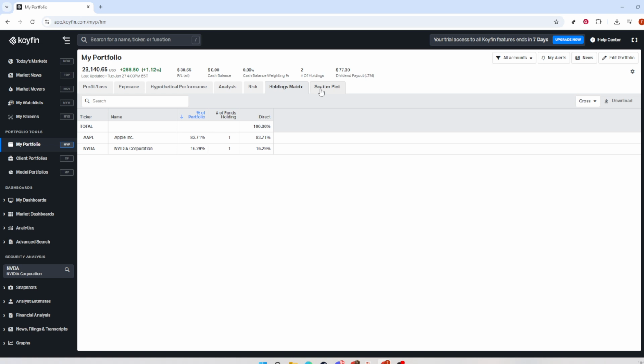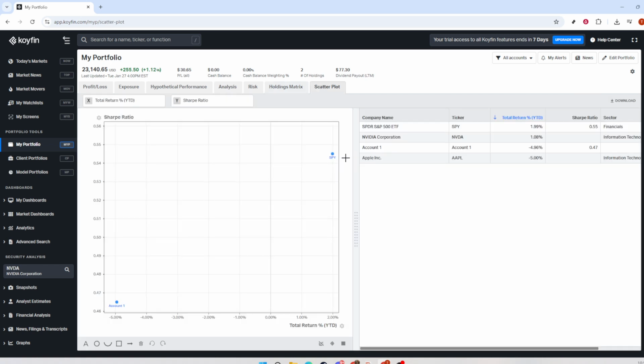Finally, check the Scatter Plot tab. Plot variables like return versus volatility or valuation versus growth to identify outliers and clusters. Hover over points to see which holdings stand out, and use this to validate whether risk and return are aligned